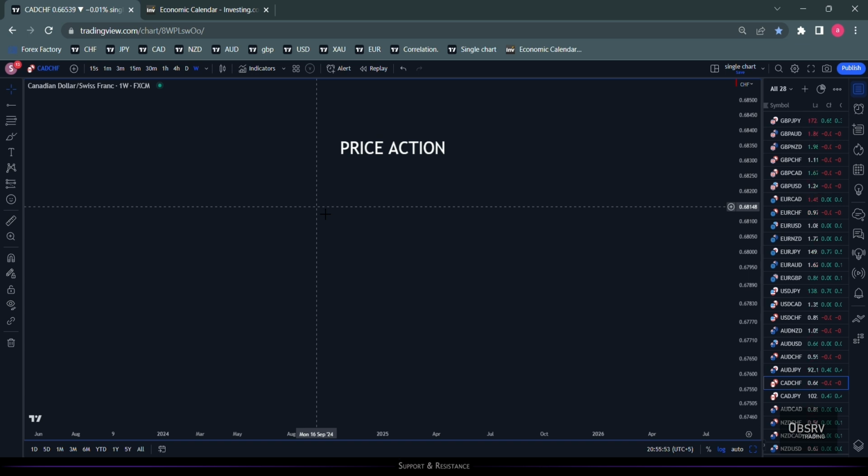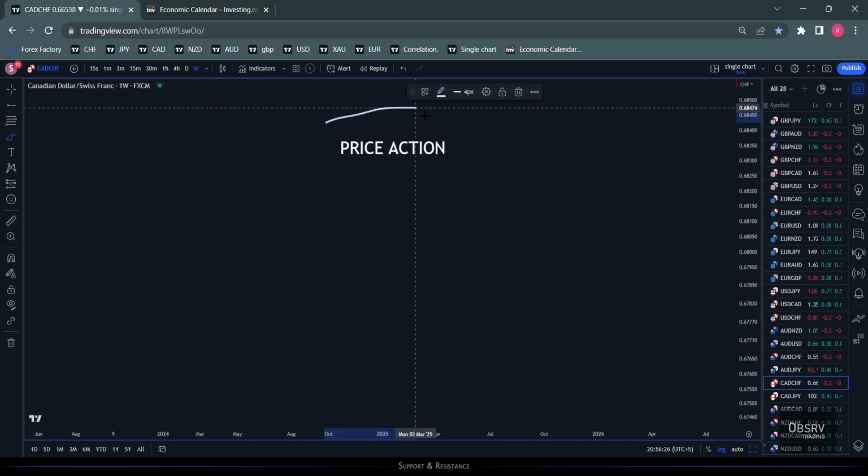The general idea of price action in the industry, what I've come across a lot, is it's more referred to as the candlestick pattern. If it's a doji, it's price action. If it's a shooting star, it's price action. If it's a three crow bar or whatever you call it, I don't even know the right names, that is price action. But trust me, that is not it. There is a lot more to this word that you see on the screen right now. There is a lot more to it.